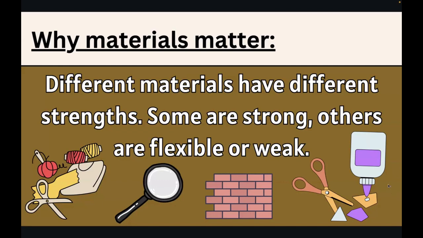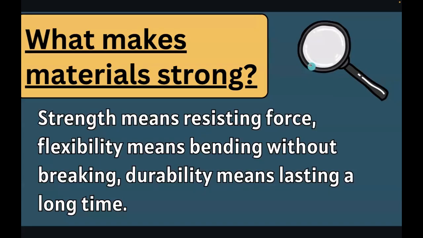Yeah, so moving on, what makes materials strong? Materials need to be strong enough for the job that they do. Some materials resist force really well. That's called strength. Others bend without breaking. That's flexibility. Think of tires. Tires aren't too incredibly difficult to pop, right? If you just stick something sharp in them, they'll lose all the air they have inside. But because they're flexible, even as they're rolling at 60 miles per hour on the highway, they're able to kind of